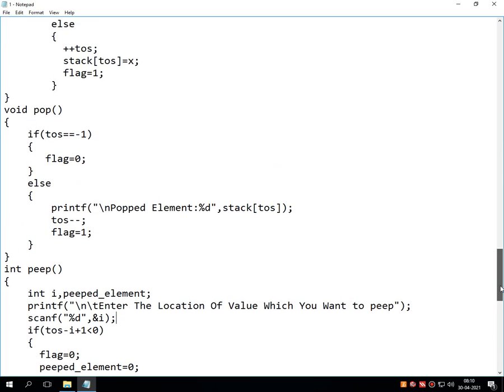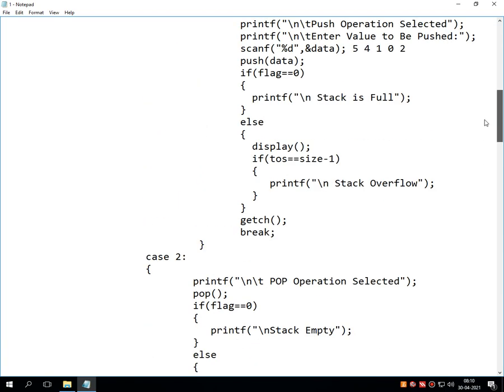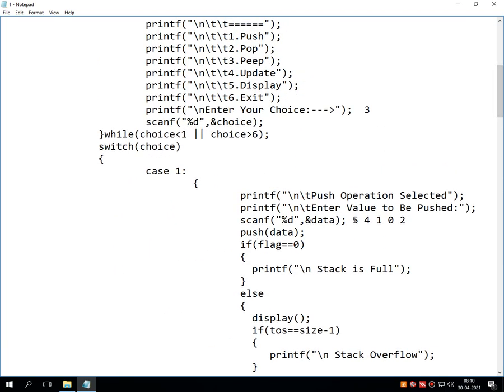Now let's revise the values which we have stored. 5 is stored on location number 0, that means data 0 contains 5, data 1 contains 4, data 2 contains 1, data 3 contains 0, and data 4 contains 2. So these 5 values are stored from location 0 to 4.